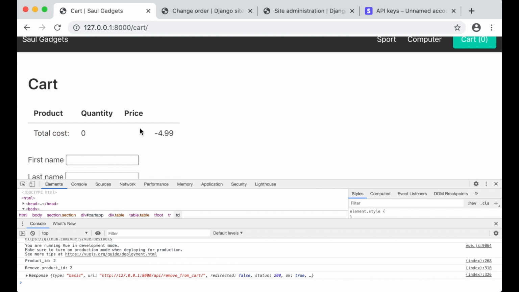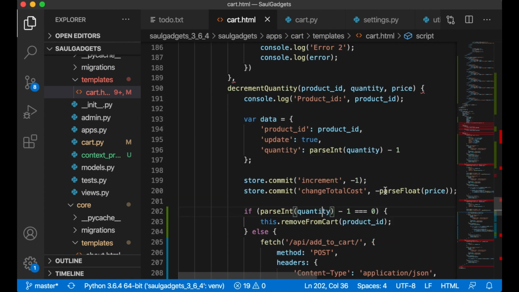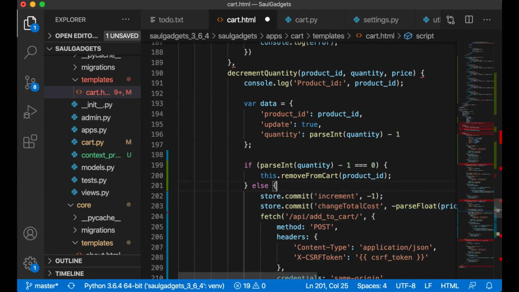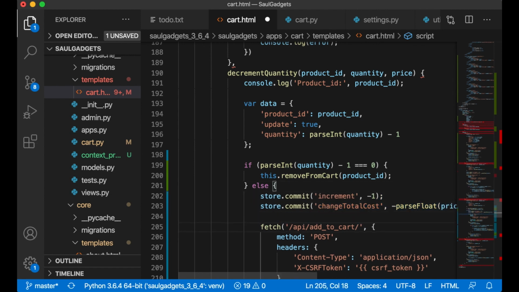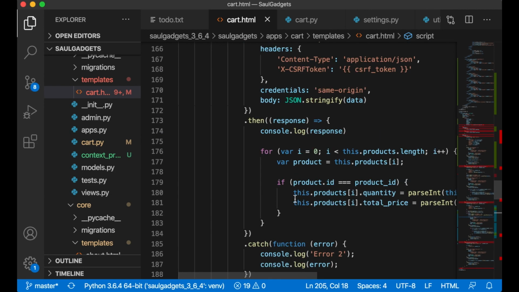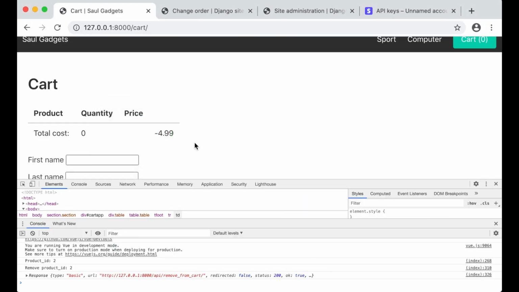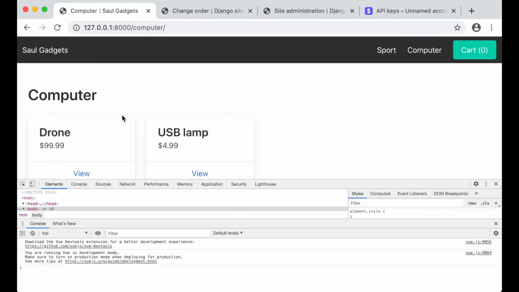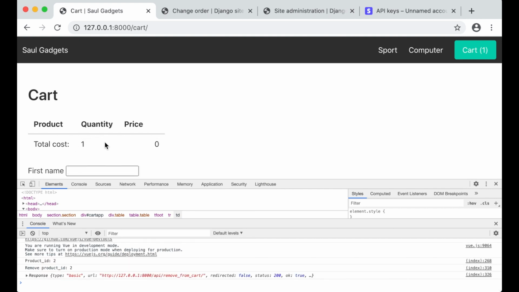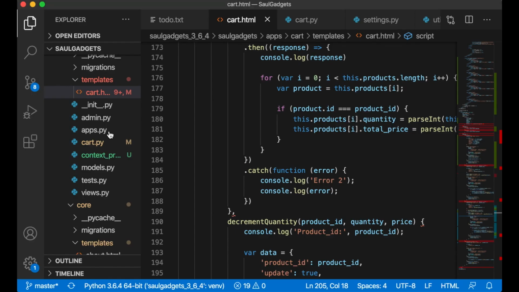So now it was removed, but the price should not be like that. Okay, might be because these should be in here. Sorry for the mess again. Because these are updated as well inside the remove from cart, so I think if I refresh now, add to cart, -1. Okay, it's still not working,